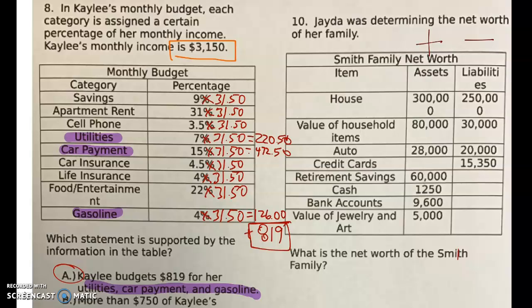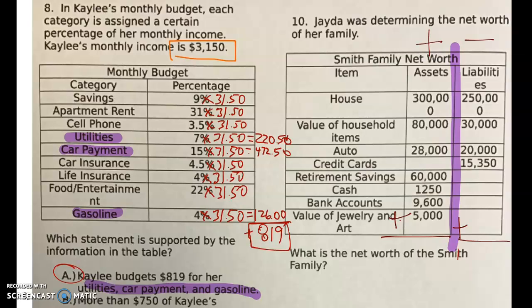So we have an option here. We could find out as far as the house goes, whether it's a positive or a negative, the value of the items, positive or negative, blah, blah, blah. Or the easiest thing for me is to just find out the total amount of assets and the total amount of liabilities, and then just find the difference in those two. Okay, so we're going to add up